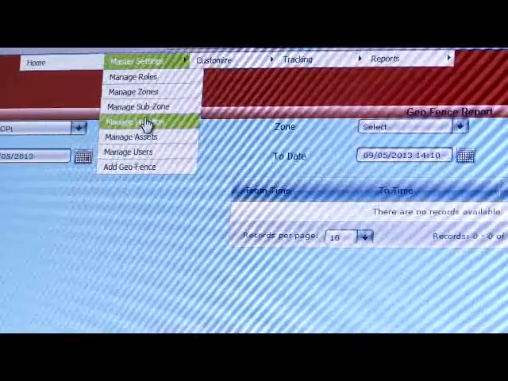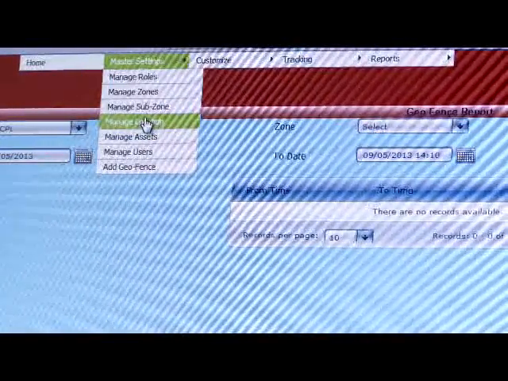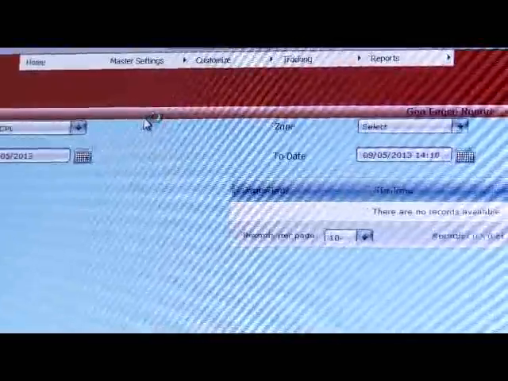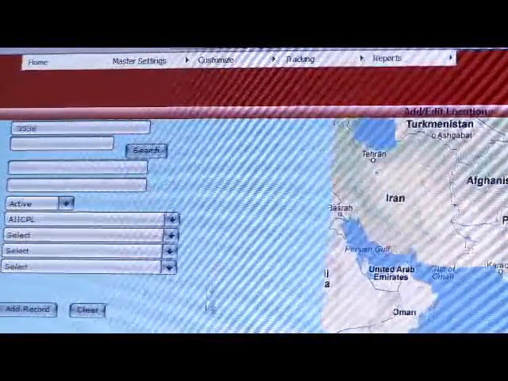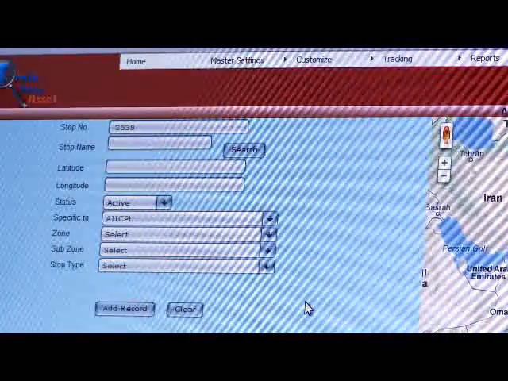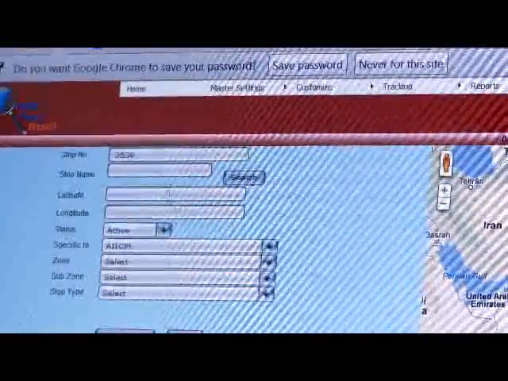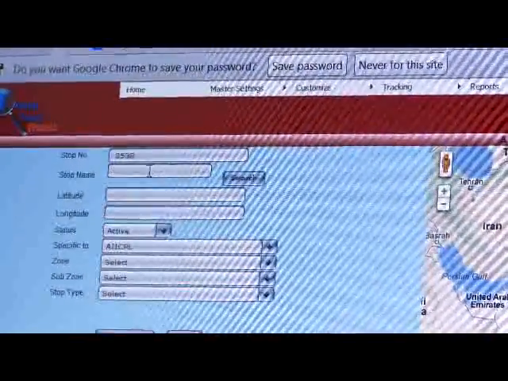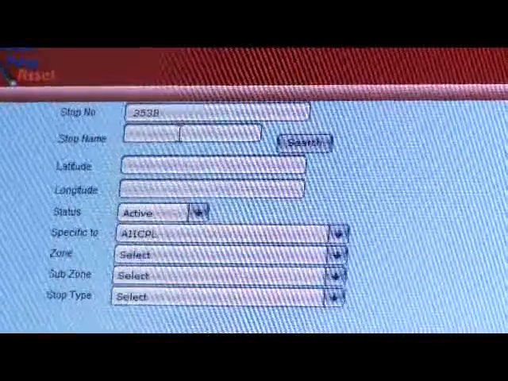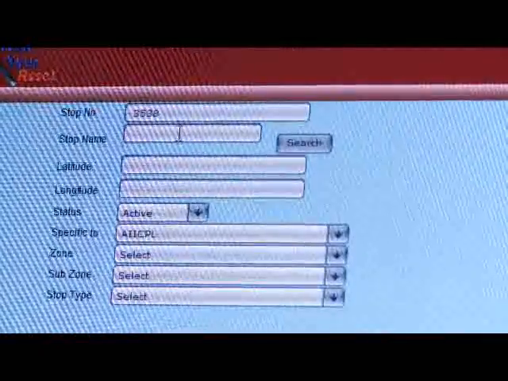A location is, suppose I want to add a location onto the map, so I can go onto manage location and I can add different locations. Suppose I want to add my office, I just choose this name of, let's say, my residence, my office, or whatever I want to call that particular location.